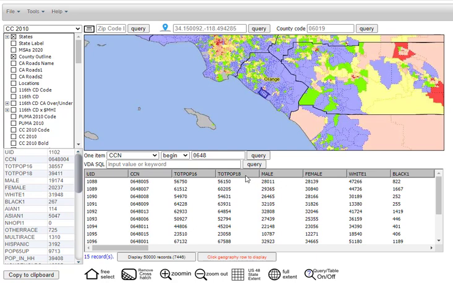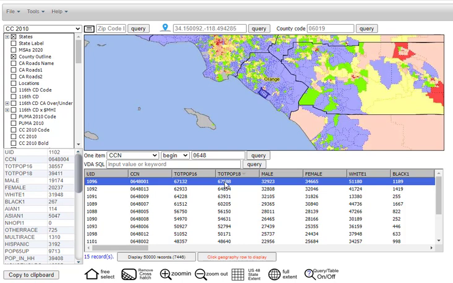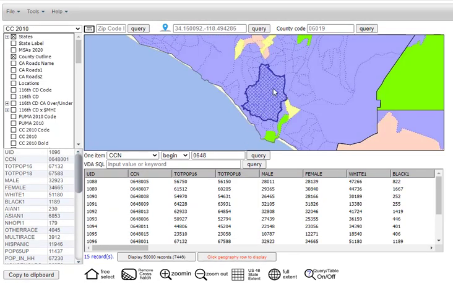I can determine the largest of those based on the TOTPOP 18, total population ACS 2018, by clicking on the header cell. So here is the total population in descending order, and here's the total population in ascending order. So if I click in descending order, highlight in blue, click again, click Geography row to locate, there is the CC that we showed in the table, with the total population of